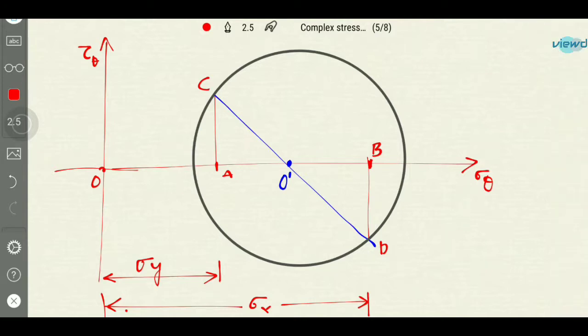So how to find any stress in this? For example, we need to find a stress on plane some 35 degrees. For 35 degrees, we need to take a line such that this total angle will be 2 theta. So the total angle will be 2 theta, and we need to draw a line, and from this line, let me draw it aside. For example, if you need 70 degrees angle, the angle from this blue color line should be at 140 degrees. So this is 2 theta. If you need 70 degrees, you should draw it with 140 degrees angle, and from that